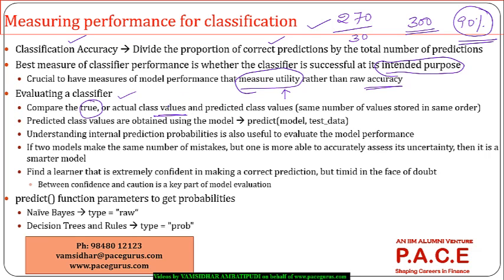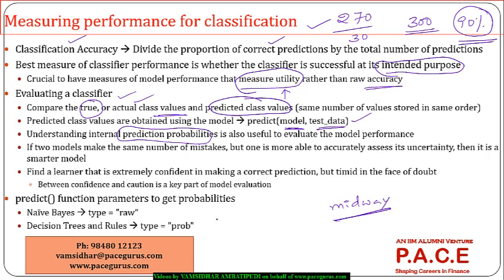So from that perspective, we can still use the true actual class values. I am comparing the actuals with the predicted values on the testing data. So the predicted class values, always on the testing data, we are using the model's predictions on the test data. We are computing the predicted values like this. We have the actual class values, and based on that we can also look at the internal prediction probabilities to see whether there is a kind of overlap, midway kind of stuff,